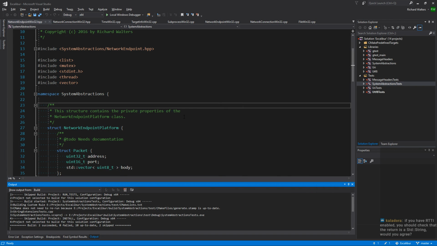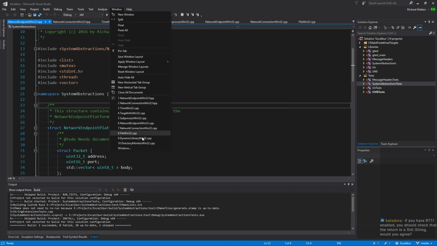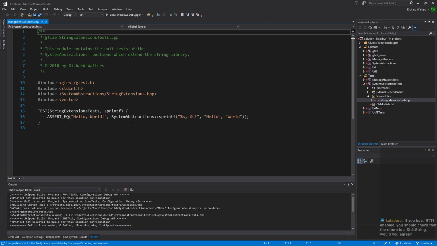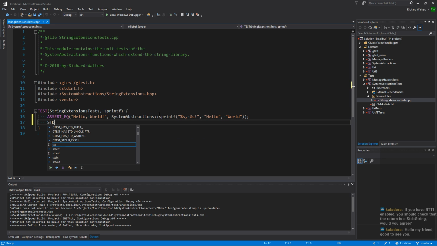Good question. So I think I know what you're referring to. I have too many windows open. Close all these guys. Yeah, so IntelliSense tells me it's standard string, but I don't have RTTI enabled. And do I really care? Because the contract really is just that I return something that's equatable to a string. I guess I can do this. I can say const standard string